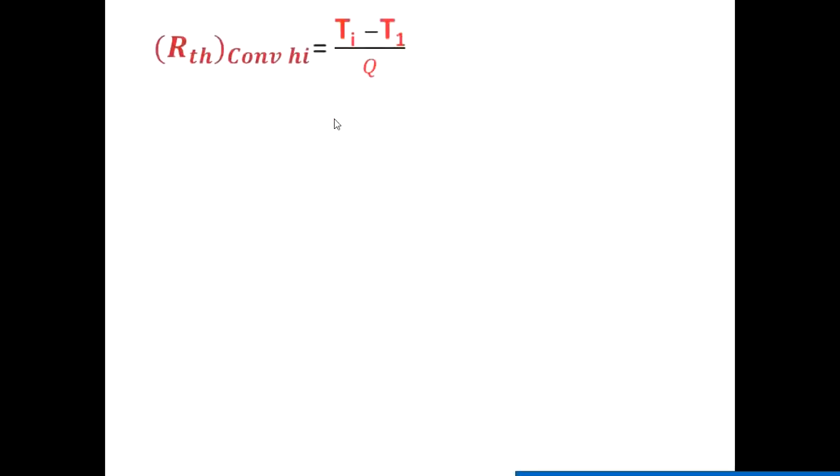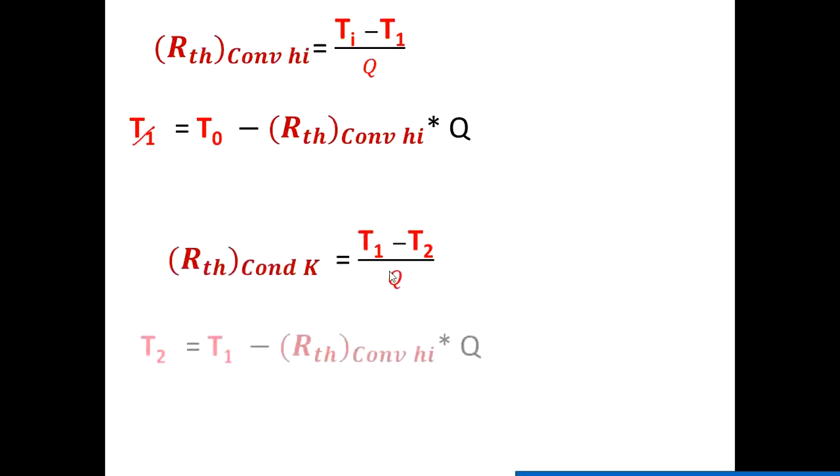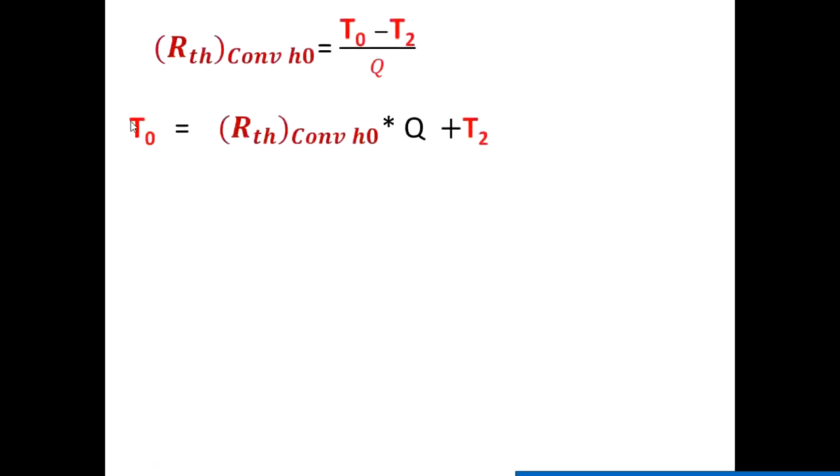Ti, T0. With the convective resistance in, T1 you can get from the formula like this. If you know T1, and this one you know, this one you know, you can get the value of T2. Similarly, T0 you can find. T0 will usually be given, otherwise you can use the logic to find any values. If you know the concept, you can find the things.